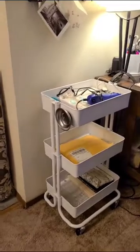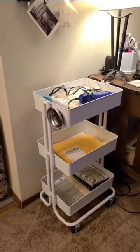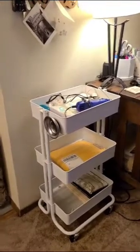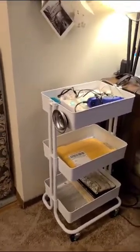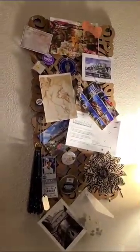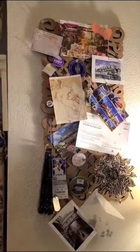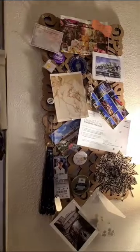So in the bottom is just my travel sticker pouch, which when I'm travel journaling, I just grab that pouch, and then underneath it is some things I'm working on. This is my little bulletin board of joy, things people have sent me, memorabilia, stuff that means something to me, a card from my kid,